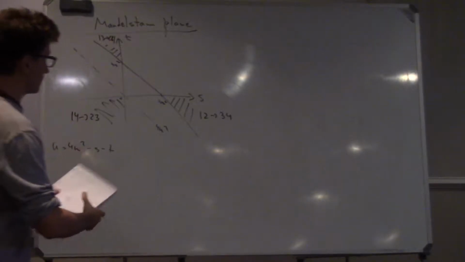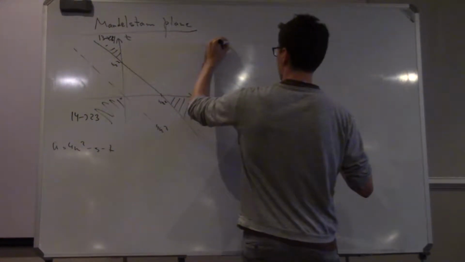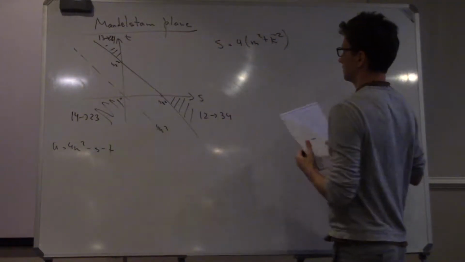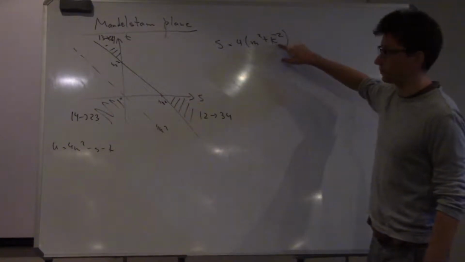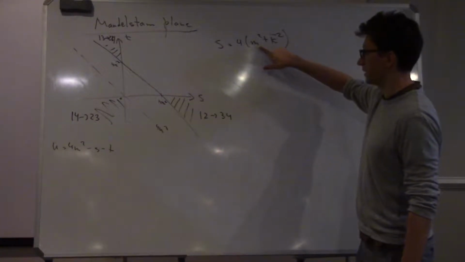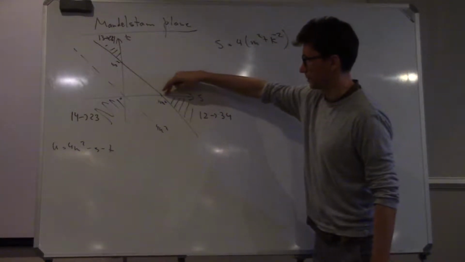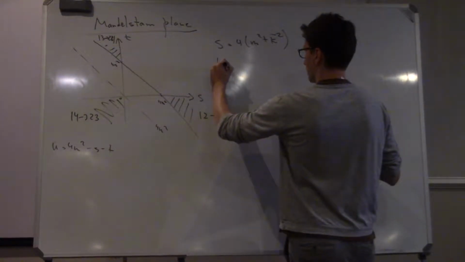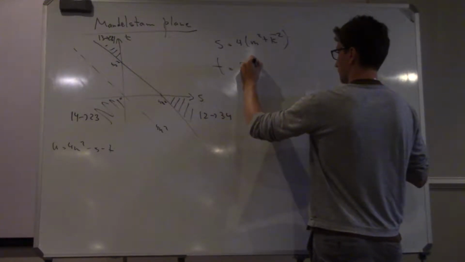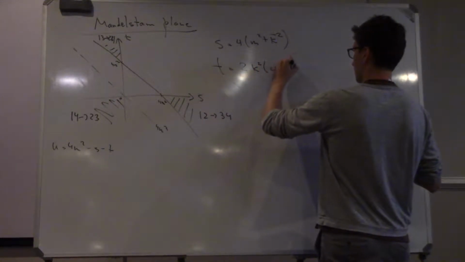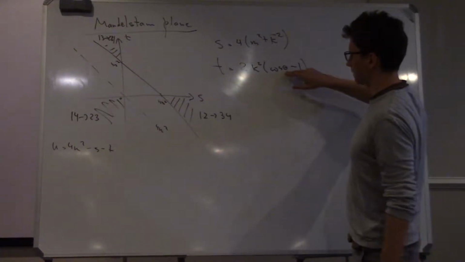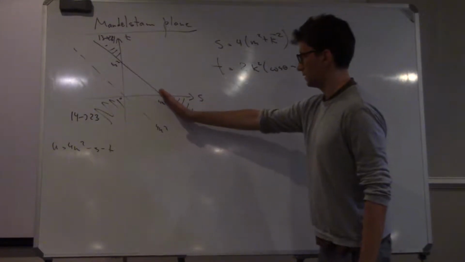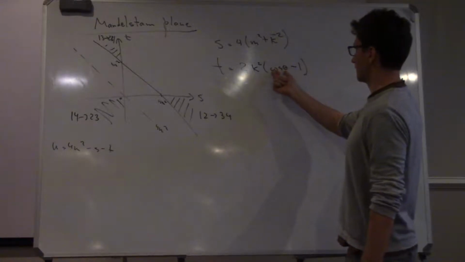What I mean by that is, recall I wrote S to be 4m squared plus k squared. So if you consider physical scattering with momentum k, you see that S is larger than 4m squared. Therefore physical things happen only for S larger than 4m squared, and T is 2k squared times cosine theta minus 1. So you see that for any physical angle, T will be negative. So we are below here, and T takes its maximal value along this line, which corresponds to theta being zero.